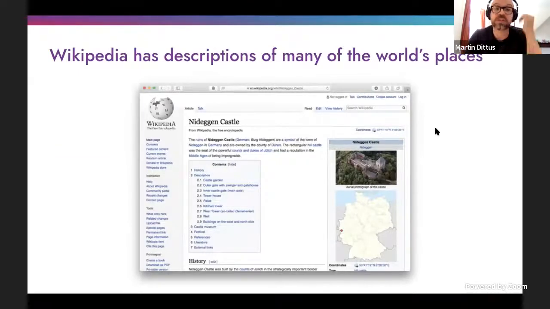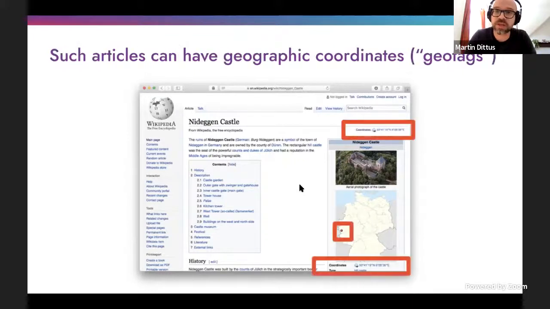Wikipedia also talks about places and about geography. As I said earlier, our project is about language geography. This is the geography part. This here is a random castle in West Germany. When Wikipedia writes about places in the world, there's often, on the page, geographic coordinates mentioned. We use this as a data point to try and find out which places in the world are written about